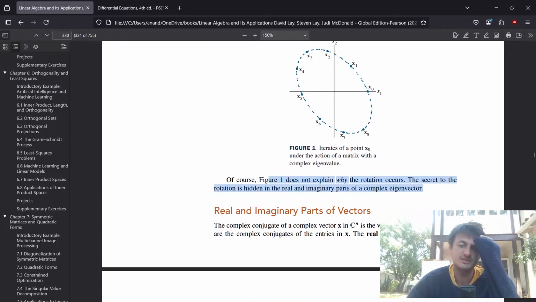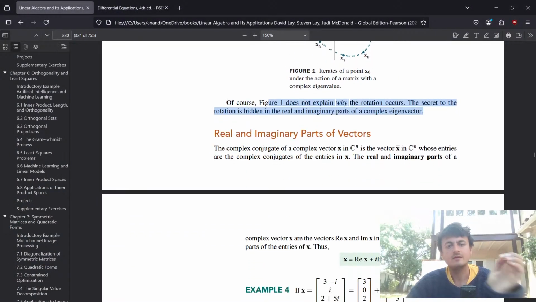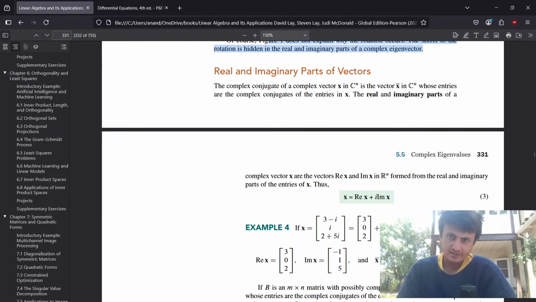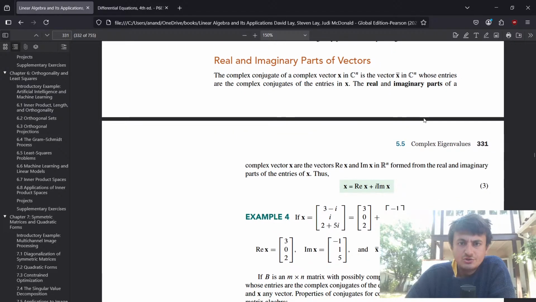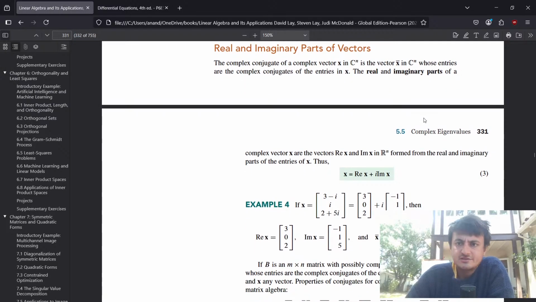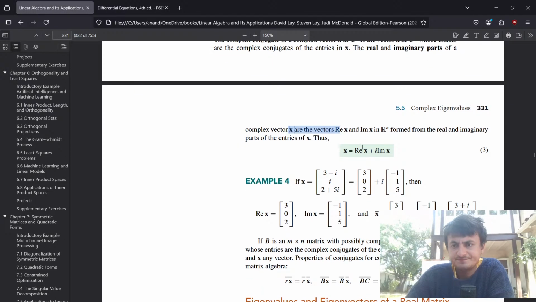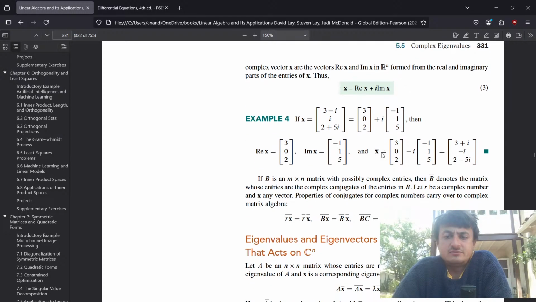The secret to the rotations is hidden in the real and imaginary parts of a complex eigenvector. The complex conjugate of a complex vector x in Cn is the vector x bar, whose entries are the complex conjugates of the entries in x. The real and imaginary parts of a complex vector are the Re and Im of x. If x equals